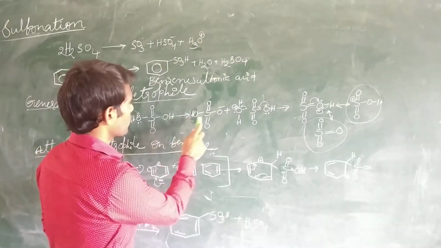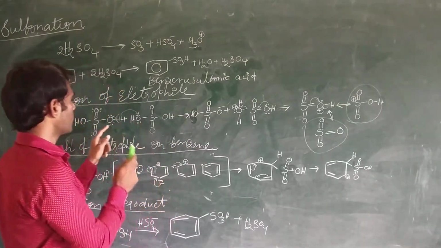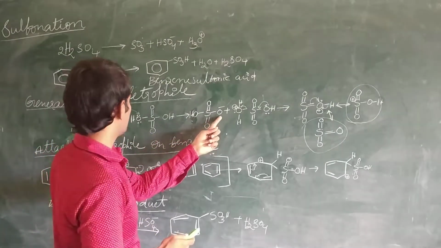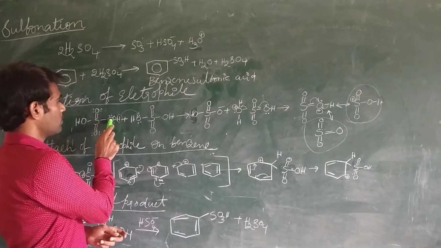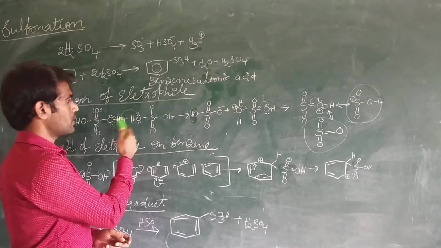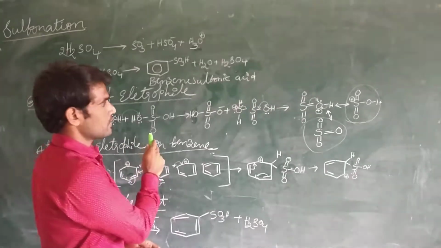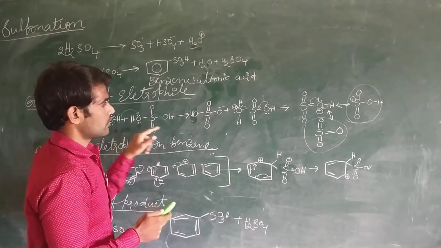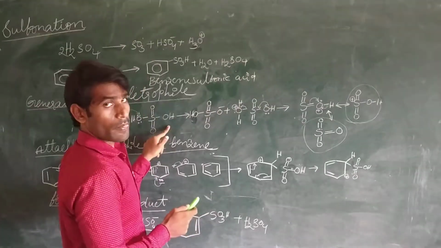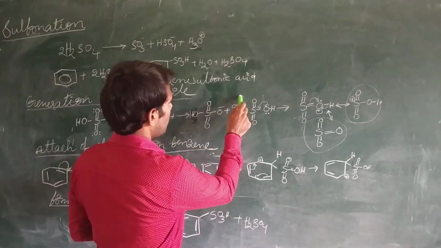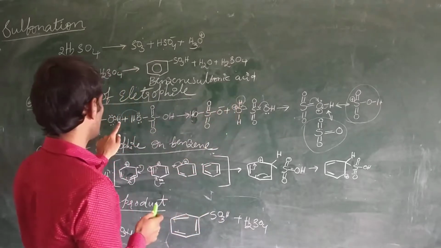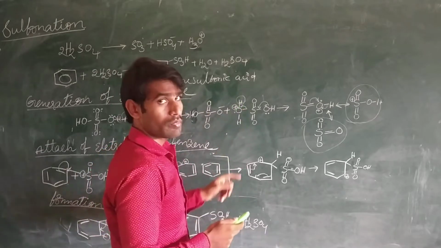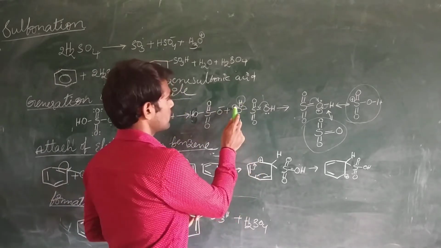Now what happened here? Oxygen utilized its lone pair of electrons. The bond between oxygen and hydrogen is dissociated and it is converted into O minus because the pair of electrons is taken by the oxygen atom. And H is liberated as an H plus ion. That H plus ion reacted with the oxygen atom of another mole of H2SO4. This is the hydrogen atom that is liberated from this H2SO4. Oxygen utilized its lone pair of electrons to make a bond with the hydrogen atom. Oxygen is getting a positive charge.